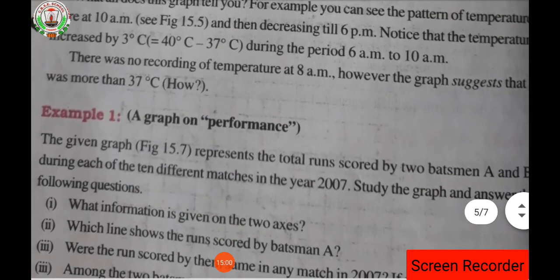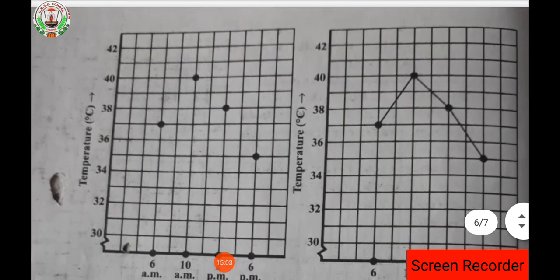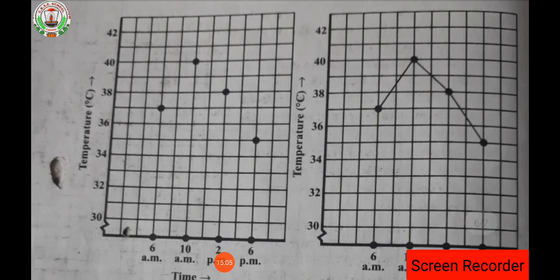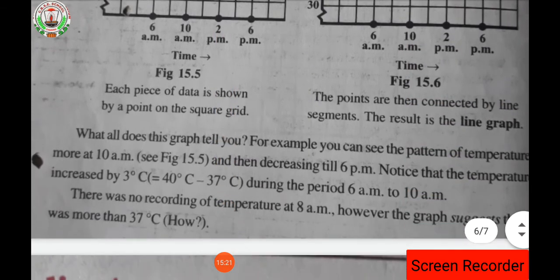So dear students, it is not required to note down these things in your copy. For chapter number 15 you have to note down directly the exercise 15.1. No need of noting down all those explanations in your copy right now. Now this is the line graph which I explained to you just now.